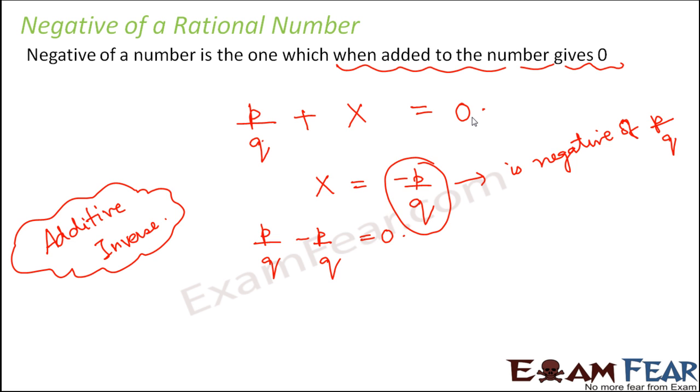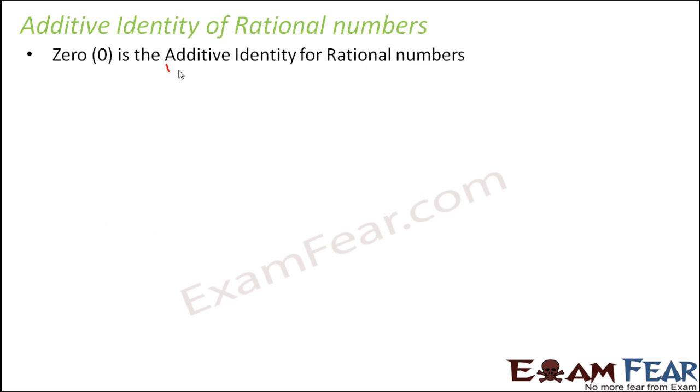So again, similarly, 0 is called the additive identity because you take any rational number and when you add a 0 to it, what do you get? You get the same number. So if this is a rational number, you add a 0 to it, you would again get the same number. So that is why 0 is called the additive identity, because when you add this to a number, the number is able to retain its identity. Like when you multiply 1 to a number, the number is able to retain its identity. So 1 is the multiplicative identity. That is, during multiplication, it helps the number to retain its value. Similarly, 0 helps the number to retain its value during addition. So 0 is called additive identity.